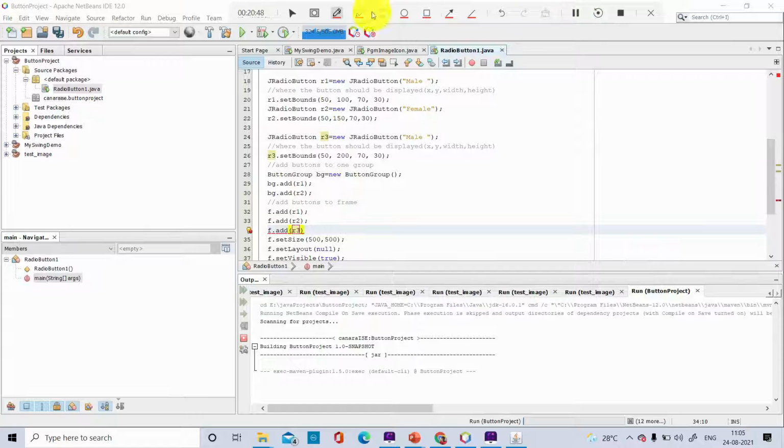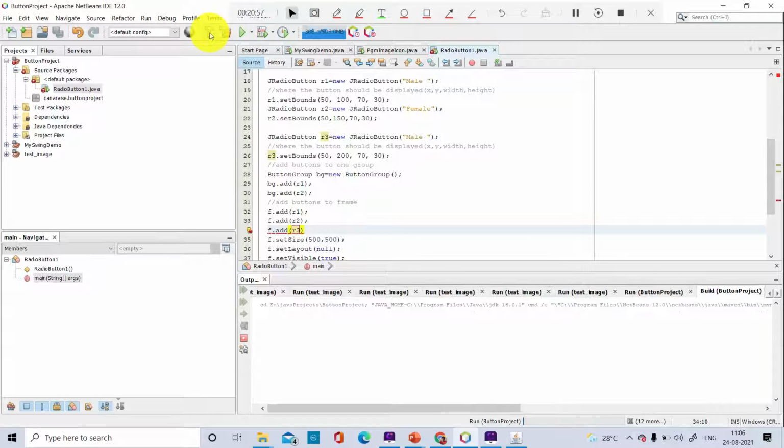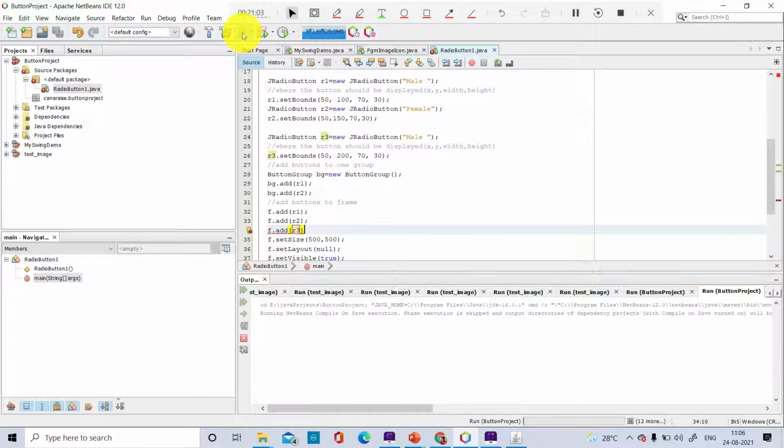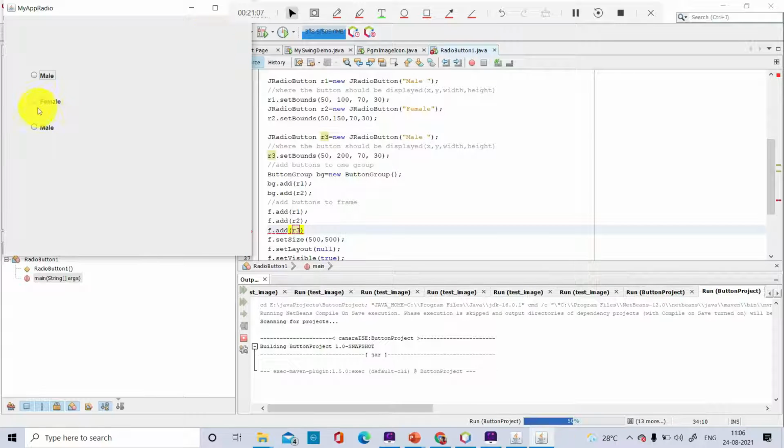Yes, so let me just execute it for you. I'll just build it and execute it. So can you see here? Three buttons are created. Now I can select these two. Why am I able to select these two?